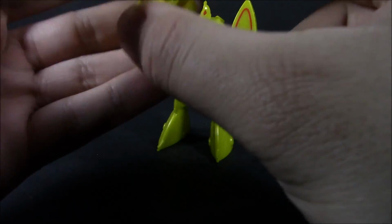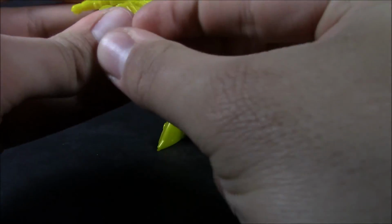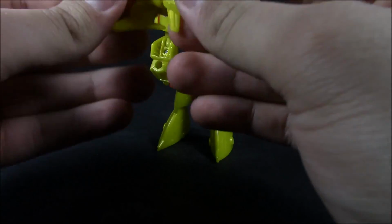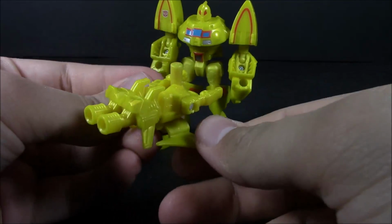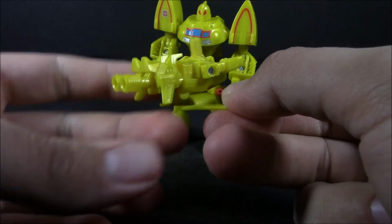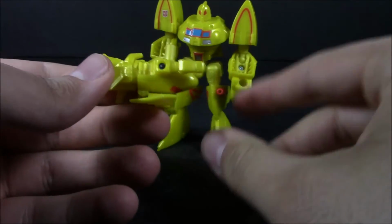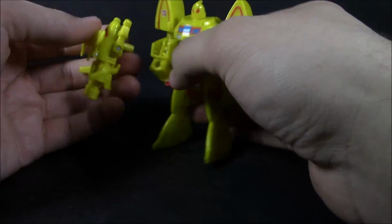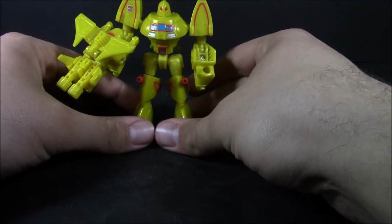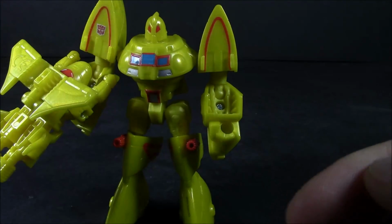Let's go ahead and flip that back. And there he is in gun mode, or should I say submarine mode. This is probably a more convincing submarine than 6-shot. So, yeah, let's go ahead and give him that. And there we go. So, not bad for Cybax. Let's go ahead and move on to fifth and final, being